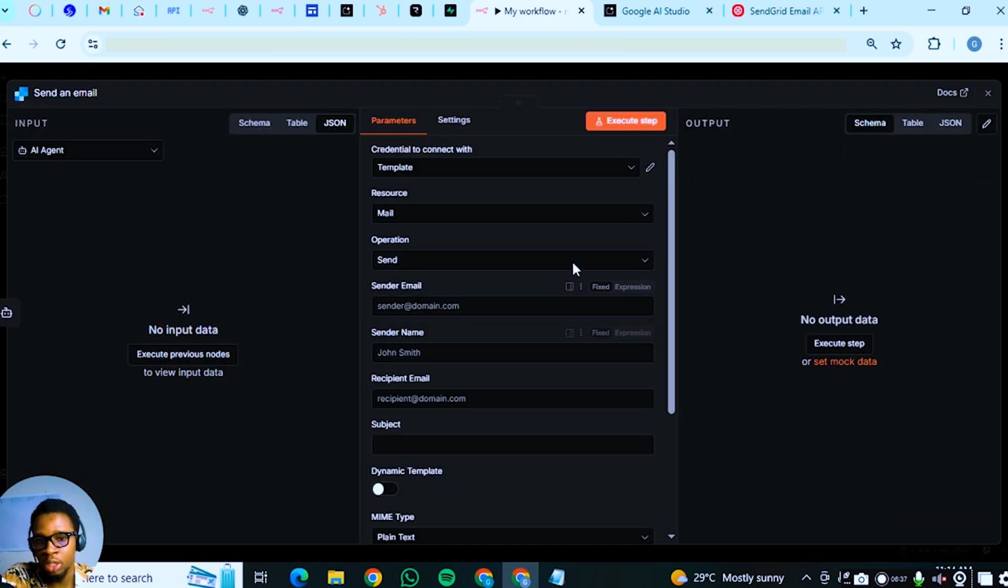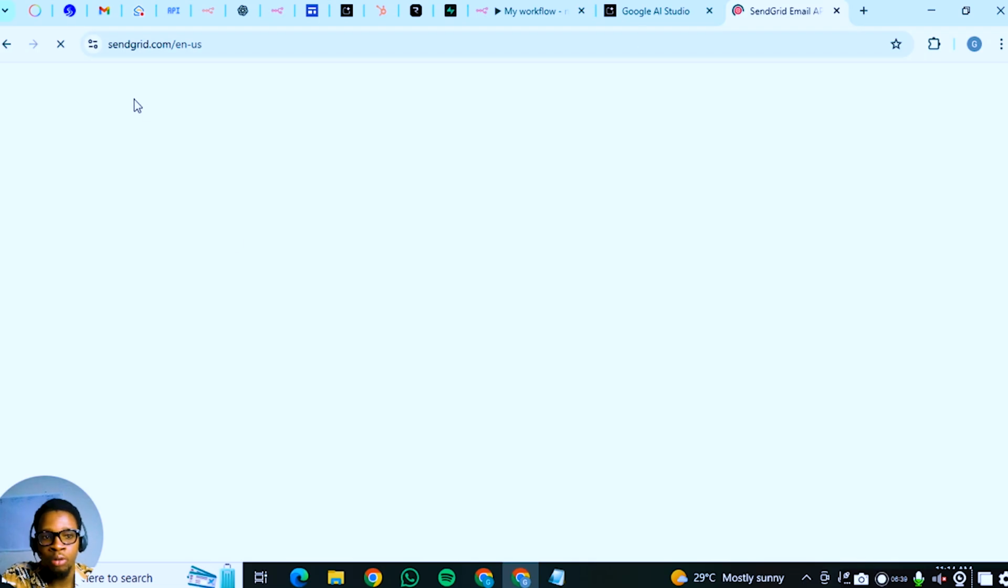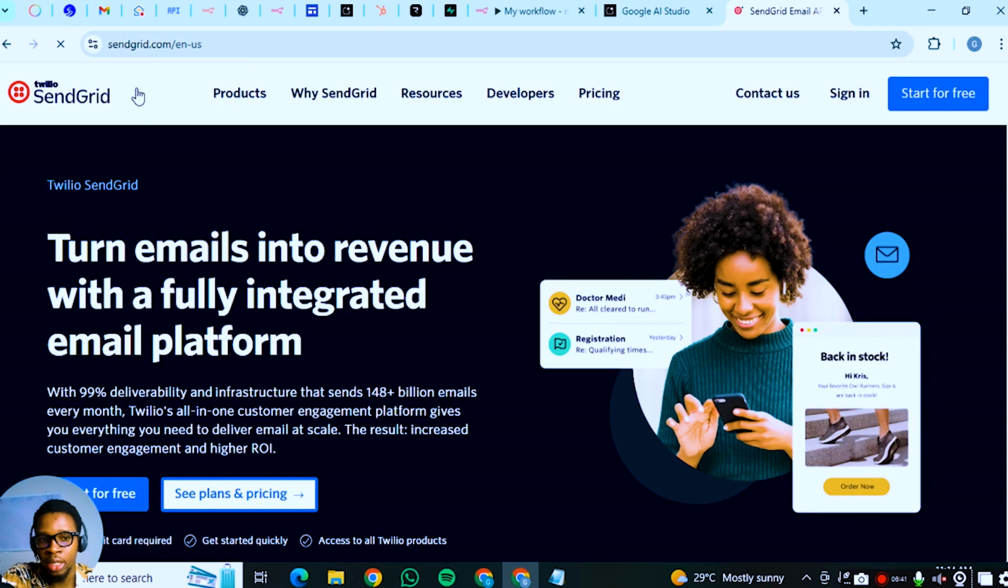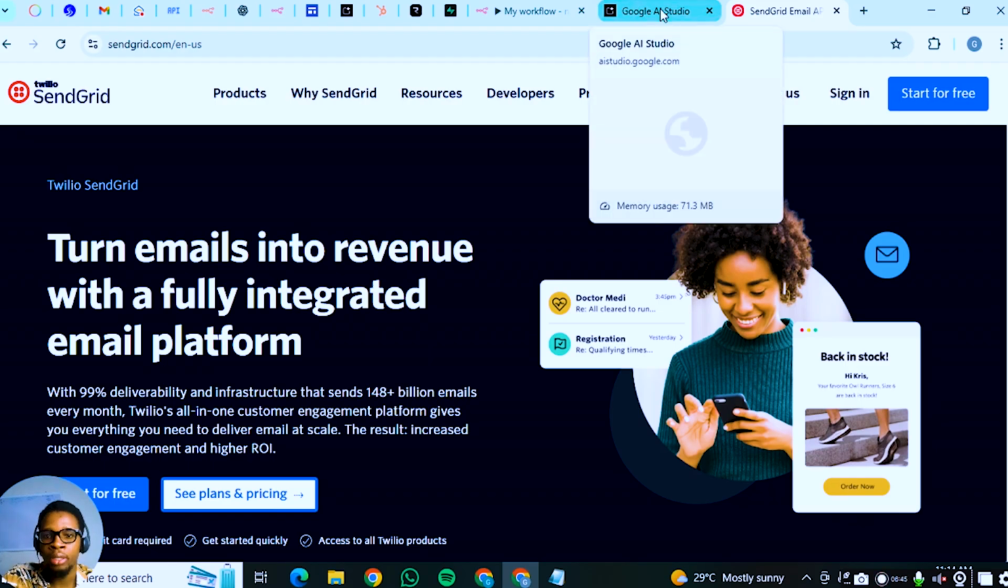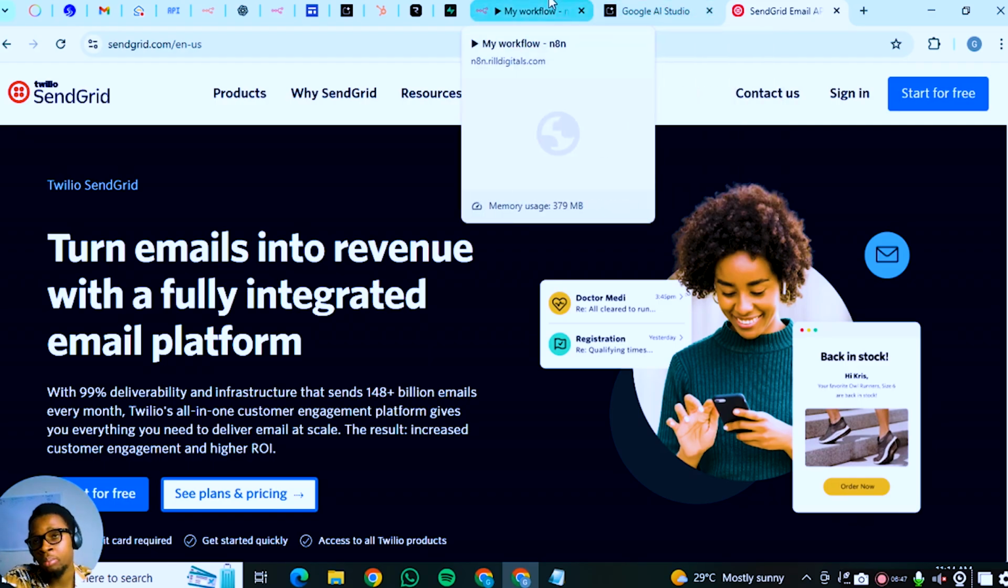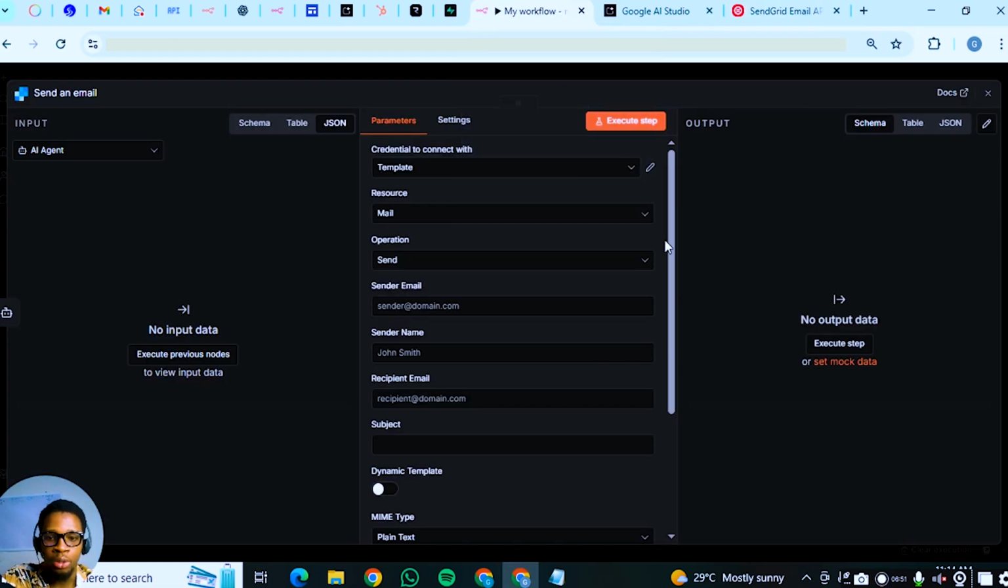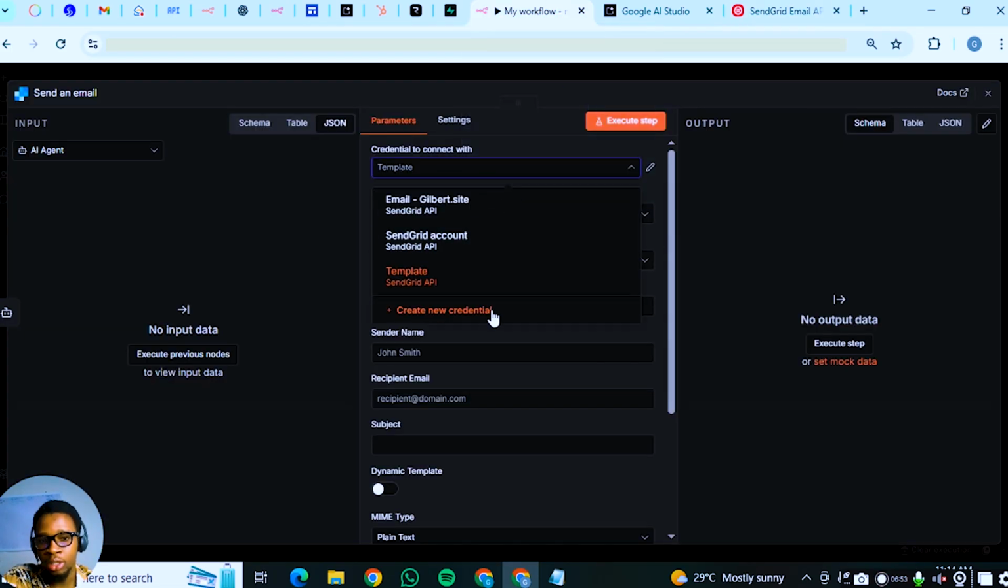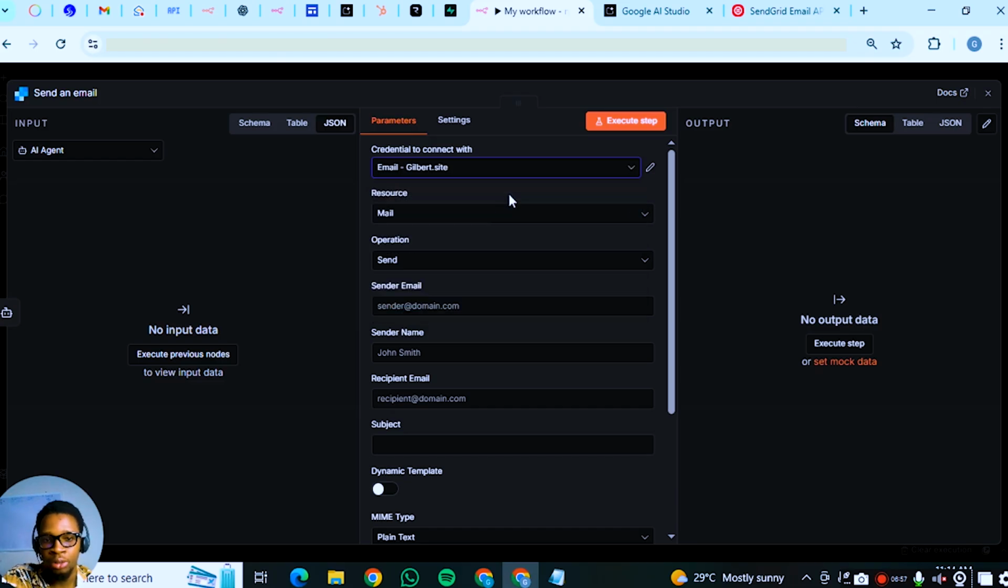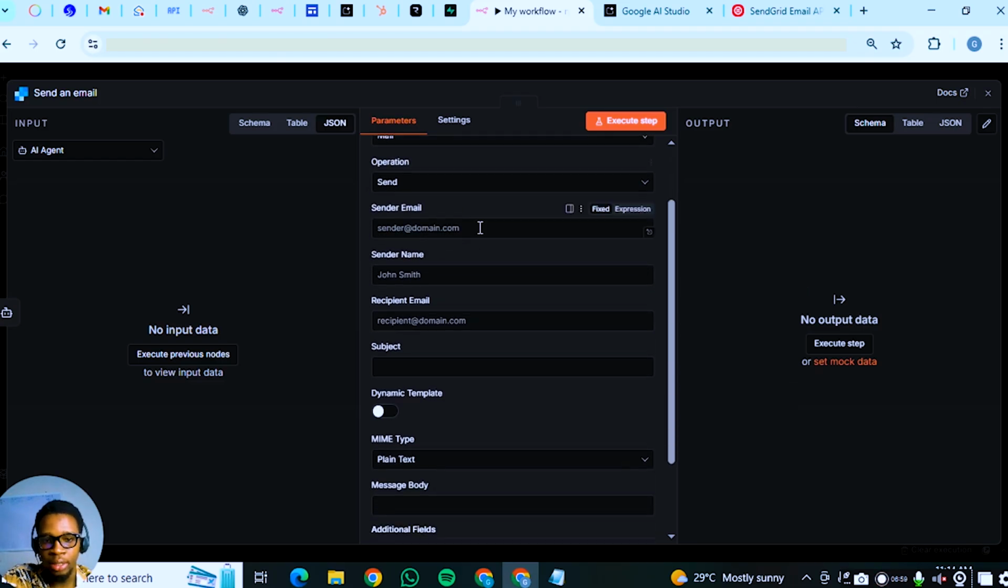So if you want to open a SendGrid account as well, you can go over here and open a SendGrid account. It's free to use, and there is a free trial of 3 months as well, so you can make use of it. I've already connected mine, so if you want to connect yours, you can click here. So I send, and then for my already connected